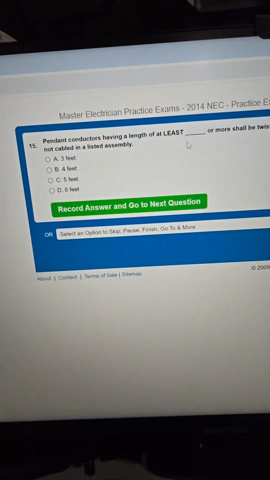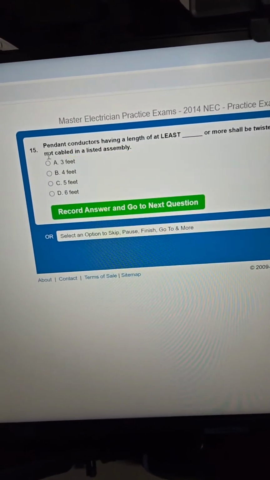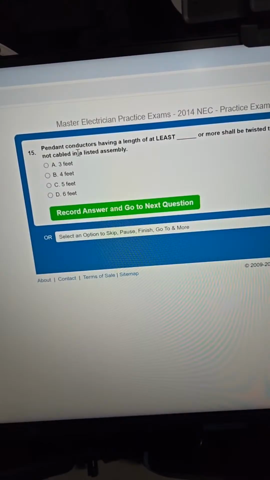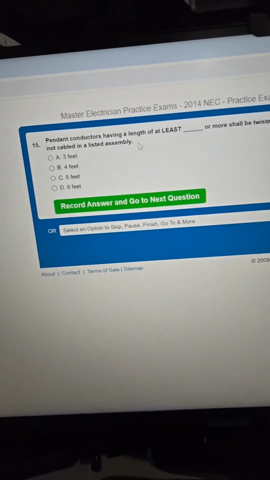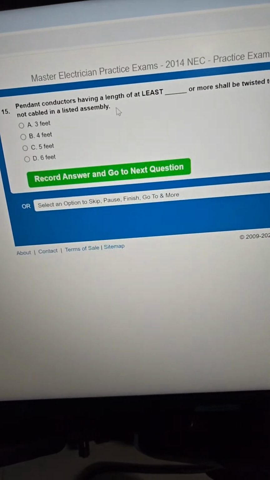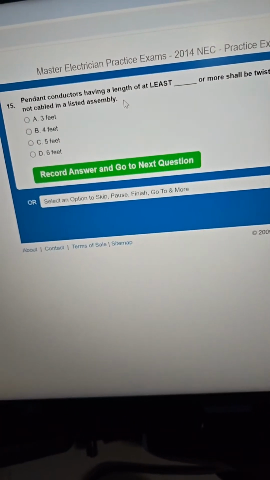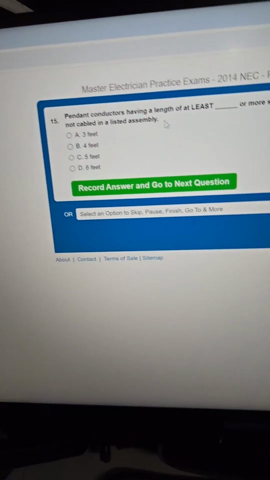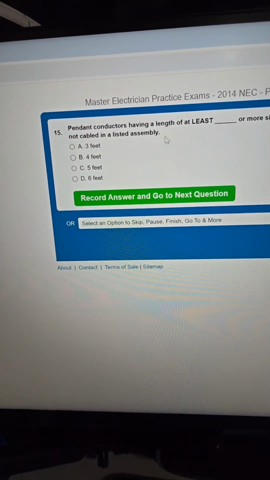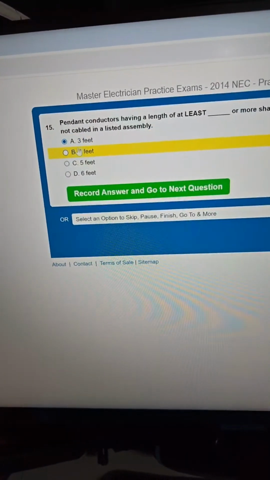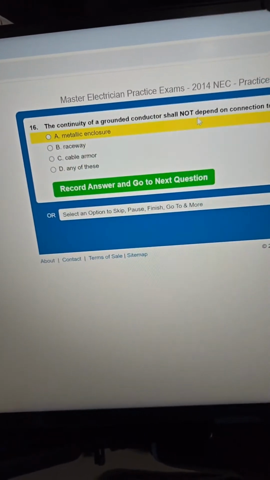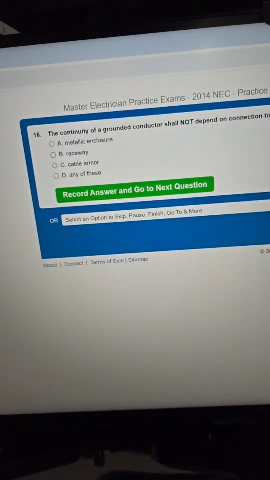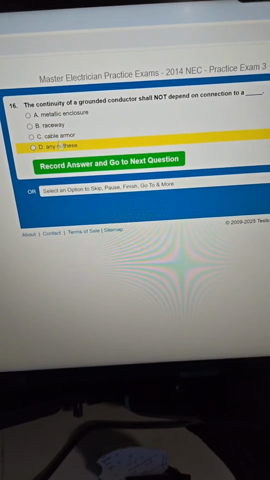Okay, pendant conductors of at least blank shall be twisted together where not cabled in a listed assembly. I'm going to say 3 feet. We're going to go 3 feet. 3 feet sounds right. Continuity of grounded conductor should not depend on the connection to